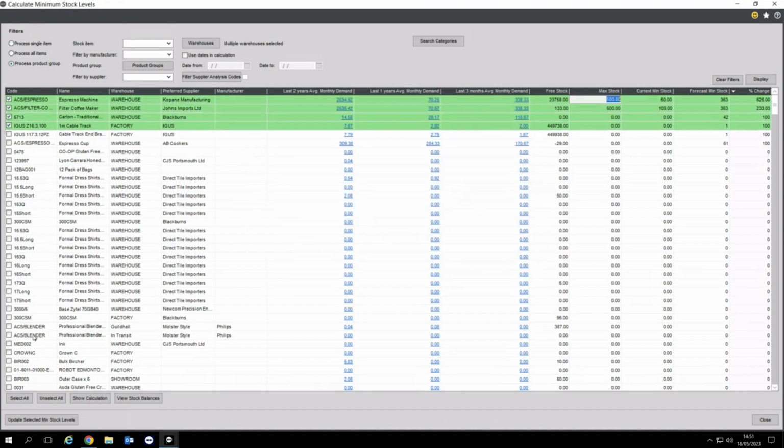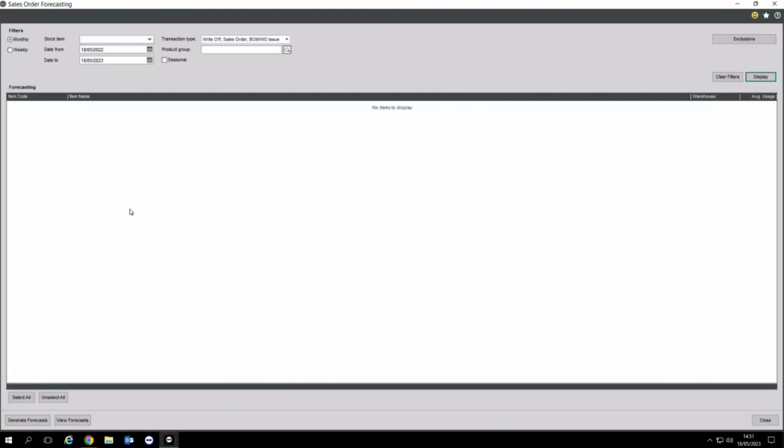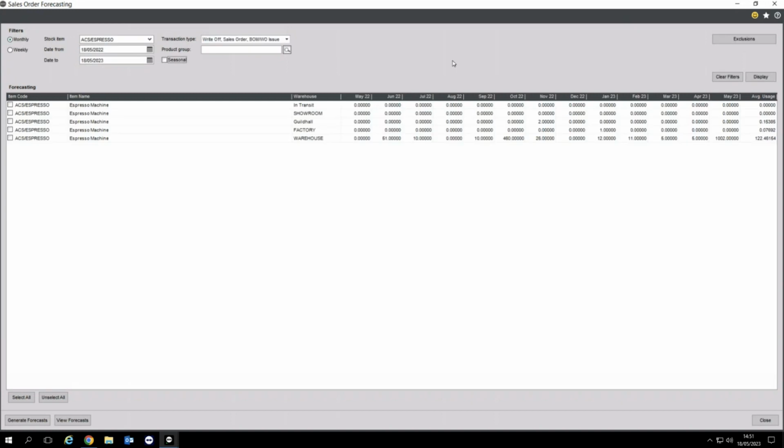If you're happy with the ones, you simply select them, select update minimum, and it's going to go through each of the stock items for those warehouse locations and update those minimum levels before we run MRP. The difference between that and the sales order forecasts is, and I will just run this for one of my stock items, again, this is going to use historical information and bring us back essentially what sales we had